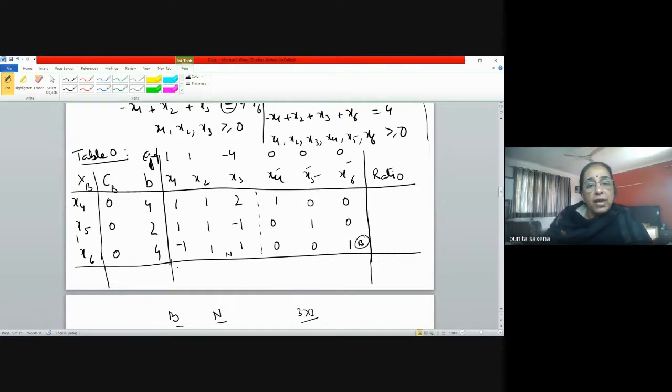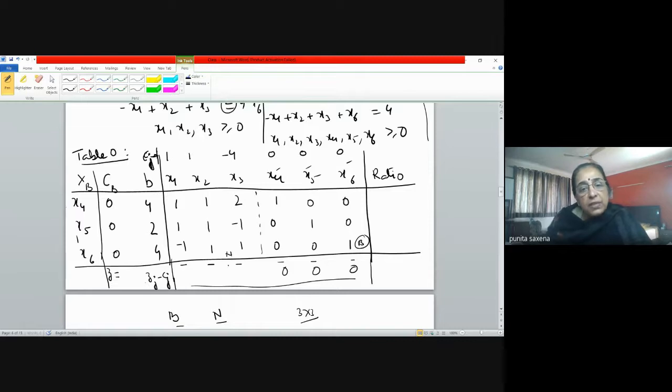Now see how we are going to do the calculations. What we'll do is we'll write the value of Z here. Okay, and because the optimality criteria is based on what? Zj minus Cj's, so we'll be computing them here in this last portion, is pure jagah pe. So Zj minus Cj for x1, that means this will be Z1 minus C1, this will be Z2 minus C2, Z3 minus C3, and so on and so forth. So when we'll do the calculations here, you will realize that Zj minus Cj for basic variables will always be 0.